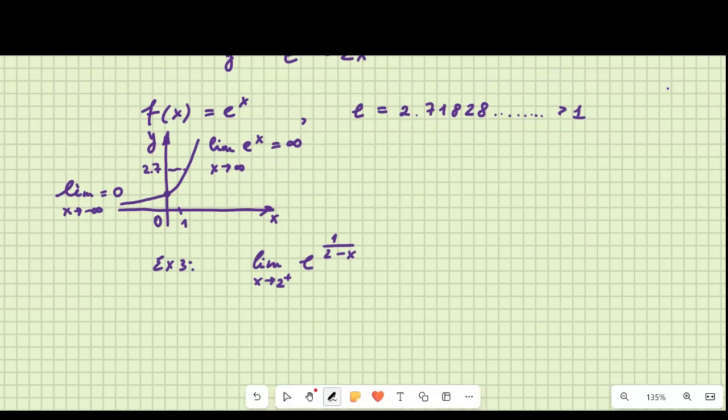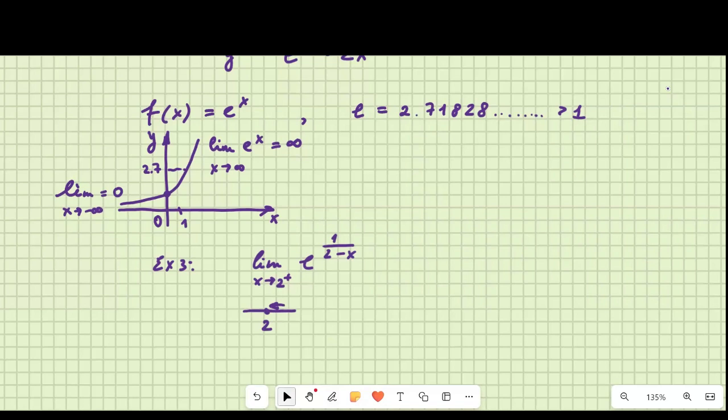Well, let's start with 2 plus. 2 plus means that we are going to approach 2 not from any direction, but specifically from the positive direction. The plus means that we go from the right to 2. So we can use all numbers greater than 2 in our limit, right? Now, we don't know what is the limit of e to some kind of composition power, but we do know that the limit of e to some big positive number is infinity and to a big negative number is 0.